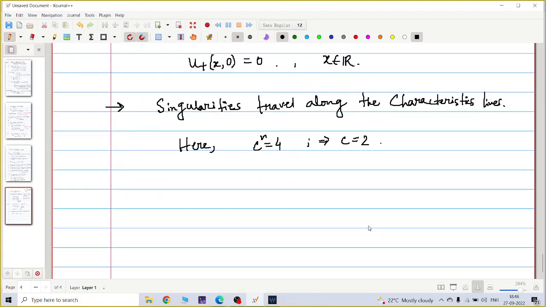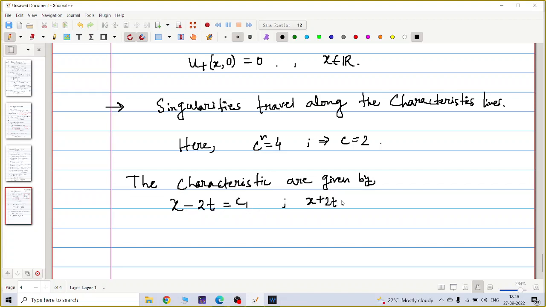So what will happen is that the characteristics are given by x plus ct equal to constant and x minus ct equal to constant. So the characteristics are given by x minus 2t equal to some constant c1 and x plus 2t equal to some other constant